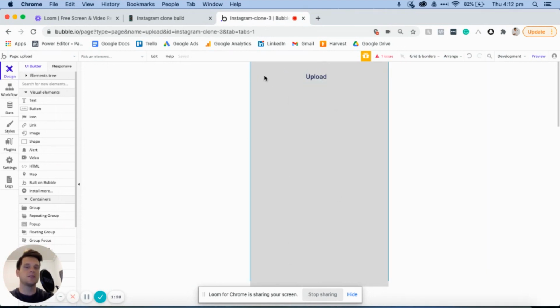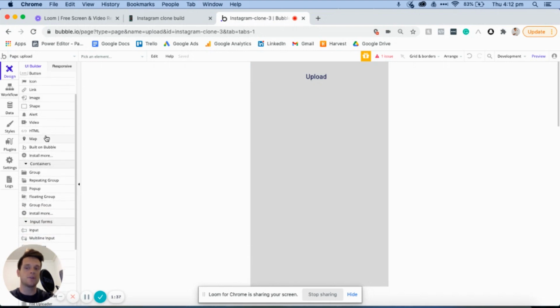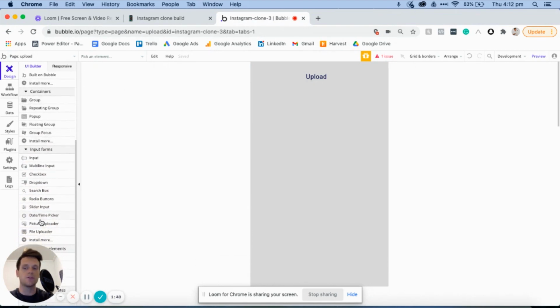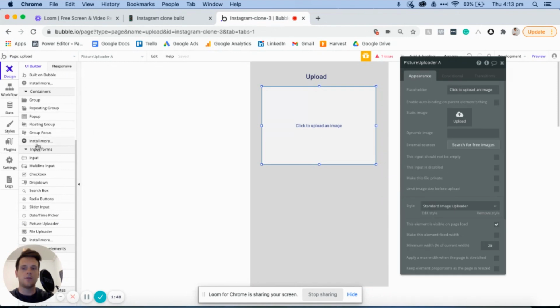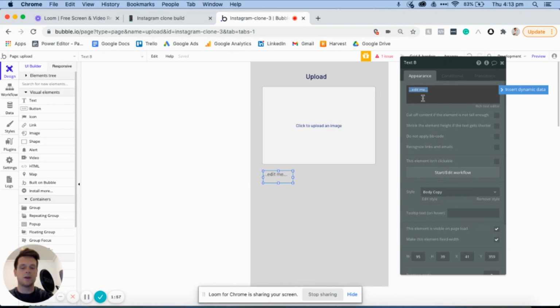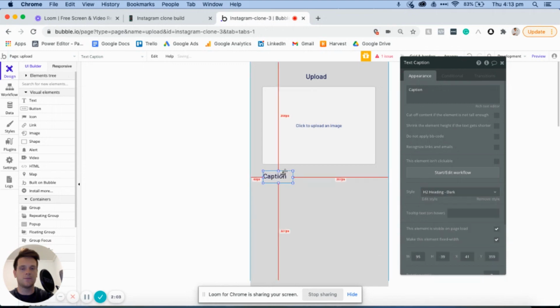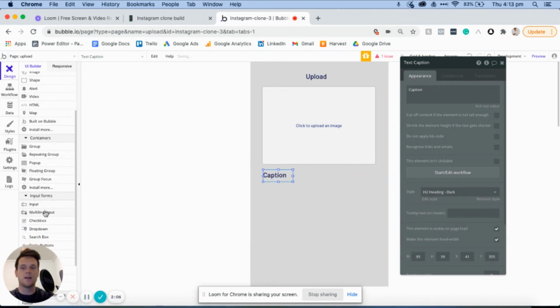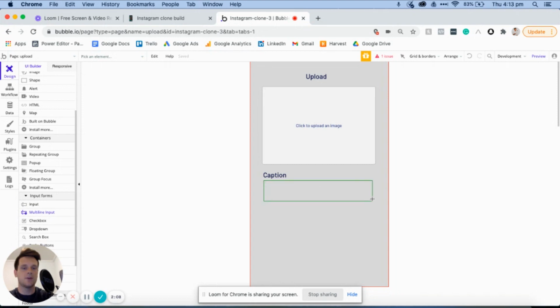So you'll find that the process of creating a new post is similar to the function we used when we were registering a user account. And the reason I say that is because, like registering a user account, you'll just be working with a bunch of input fields. So I'll start by adding in a picture uploader element here. And I will then add a text element here, which allows you to add in a caption. And then below this, I will also just add in another multi-line input field